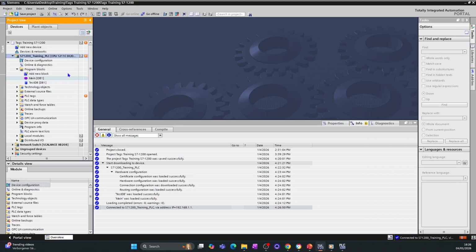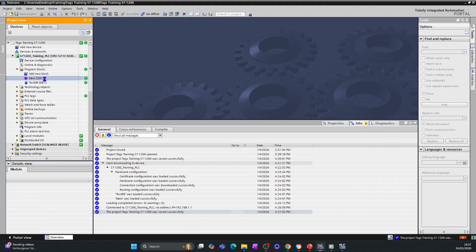So see, we can go online directly now with our project. Basically, we don't have any physical device sitting here. We're simulating everything directly. If we go into our main OB, our main organization block, we should be able to monitor